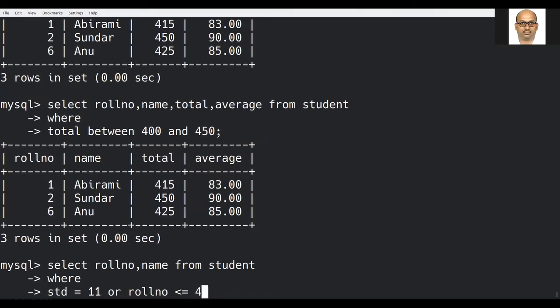Either the roll number should be less than or equal to 4 or the standard should be 11.